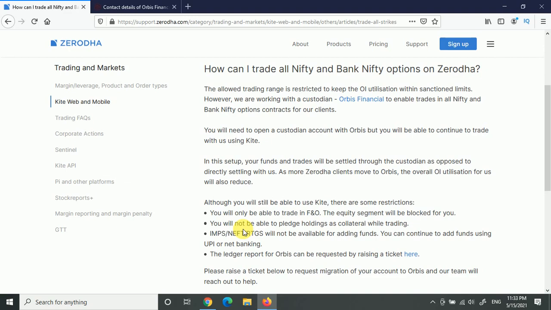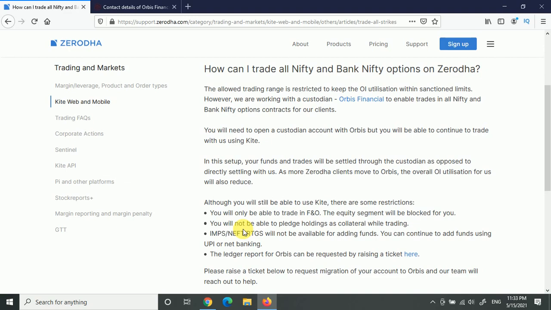So now I will share a few suggestions with you guys. So first suggestion, if you love Zerodha and you want to trade in Zerodha and you only trade in cash margin, what you can do is open another account in Zerodha in some of your family members' name. In one account you can trade in equity, in one account you can trade in FO. That is one option, if you want to stick to Zerodha. Second option is you can shift to another broker.